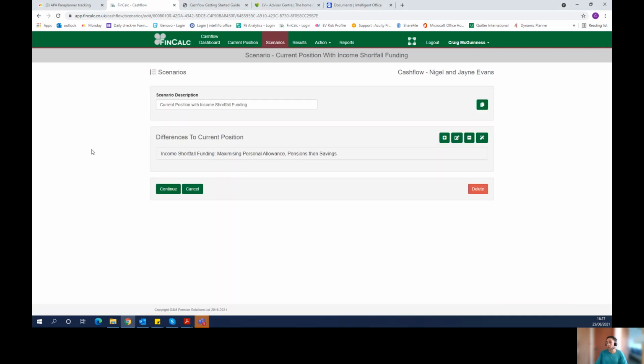So the description will simply be, you can add your own description at the top, and this is quite a simple description, just because it is the current position, which we previously added in all the details for, plus what's called income shortfall funding. What income shortfall funding is, is that any sort of expenditure that's over and above the income that we've previously described will be funded from savings rather than just taking out an overdraft or something, which is